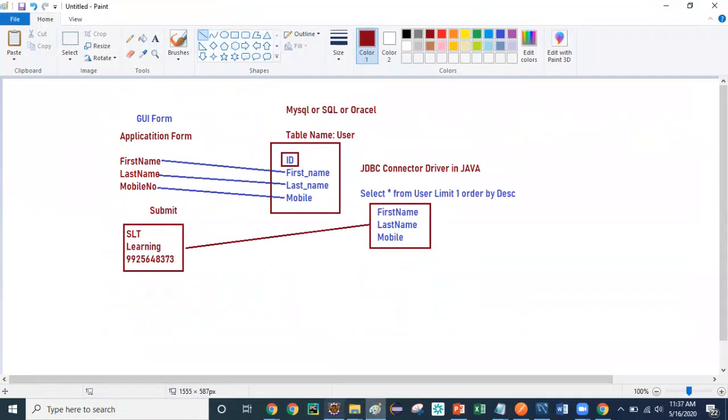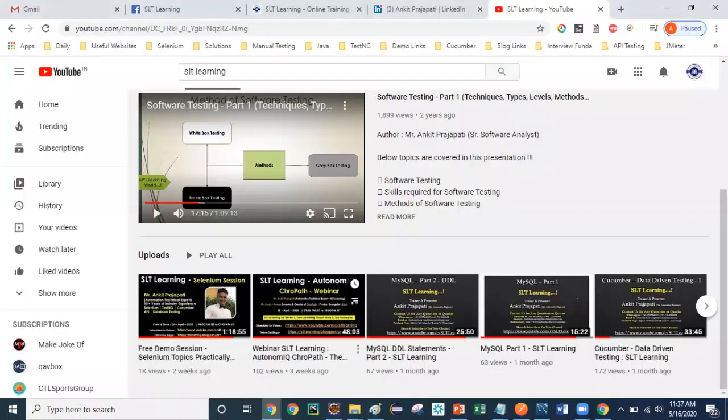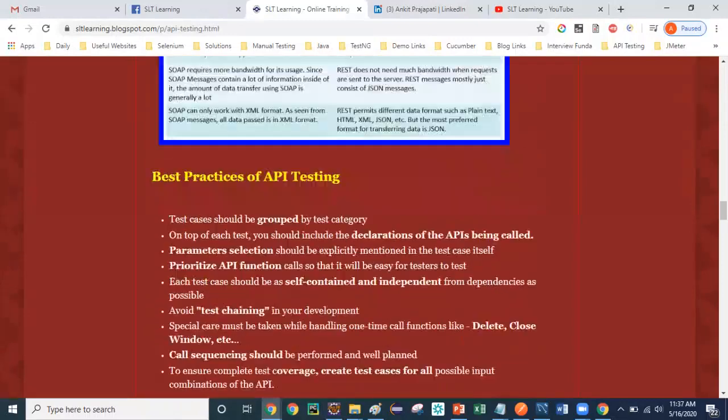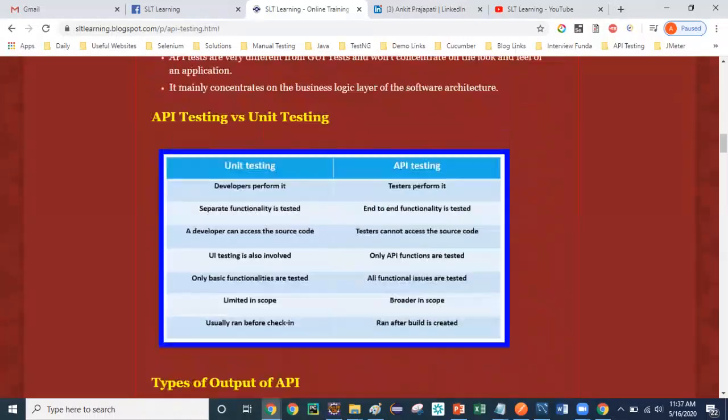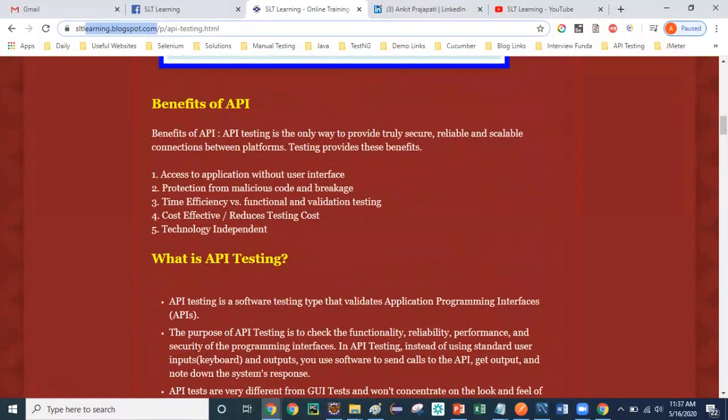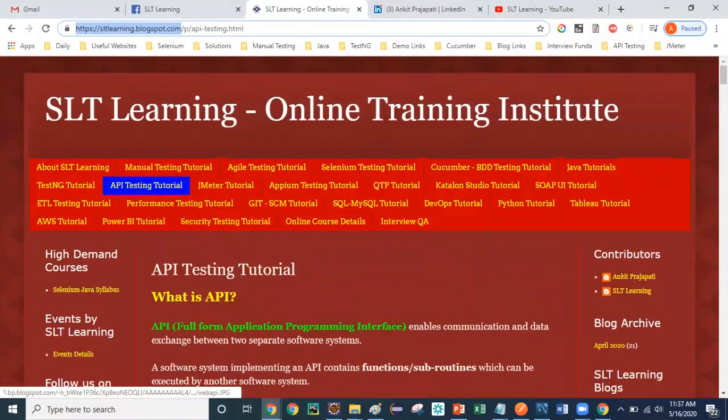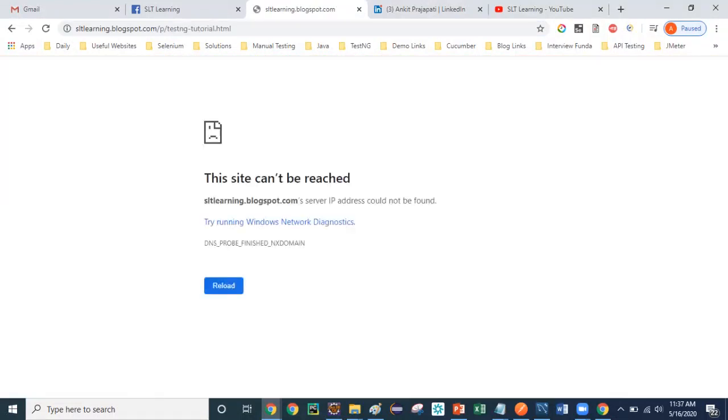So far we have covered many things, right? And if you want to go into detail, you can see the API testing. For API testing I have written a blog as well, so I will add this blog URL in my post. Over here in my free time I am writing blogs for each and every thing. You can see the TestNG tutorial blog over here as well. Just go through those things, right?